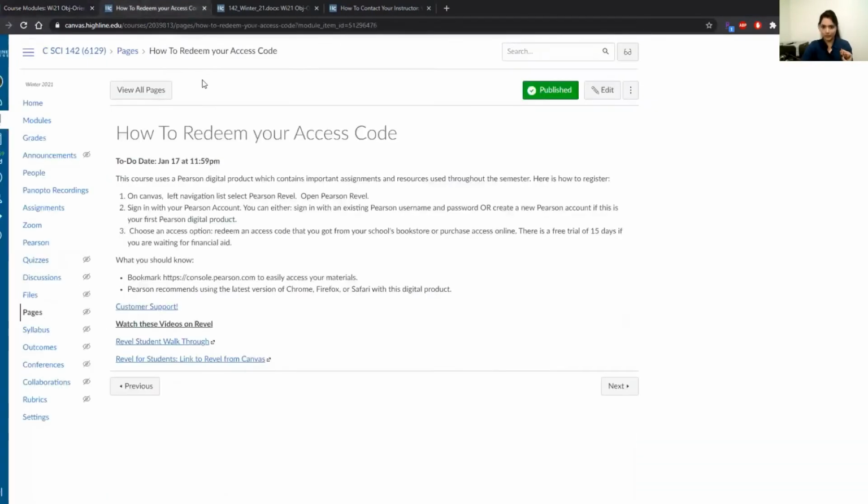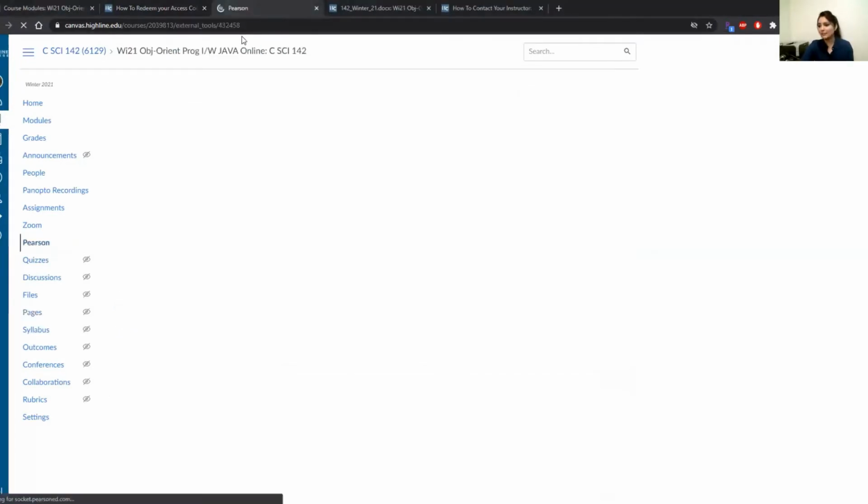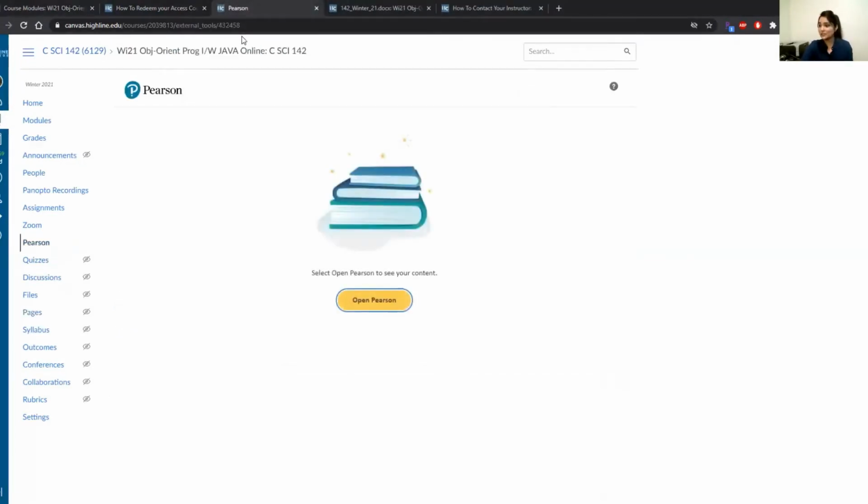Okay, so I have opened a couple of steps. So how to redeem your access code: you will click on Pearson over here. Okay, so click on Pearson. Let me open it in a new tab. I like to open tabs. Okay, so when you click on Pearson, make sure you have the access code. If you don't have the access code, there is no excuse that I cannot start my assignments, because Pearson gives you 15 days of free trial. So if you are even just hanging around in this class just to see how the class goes, how the course material goes,